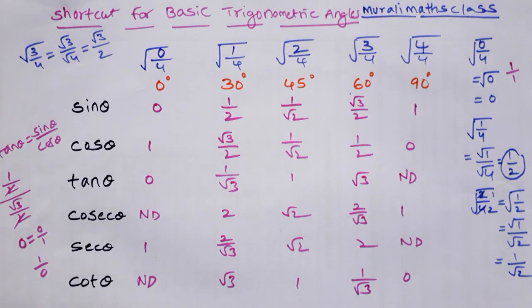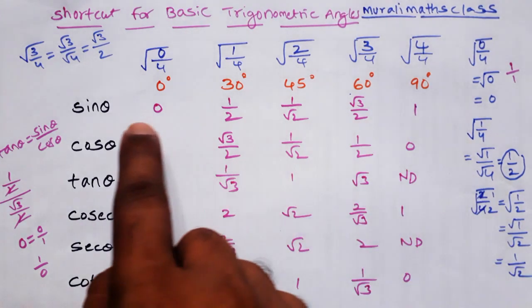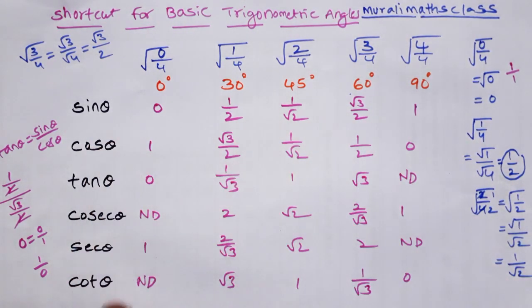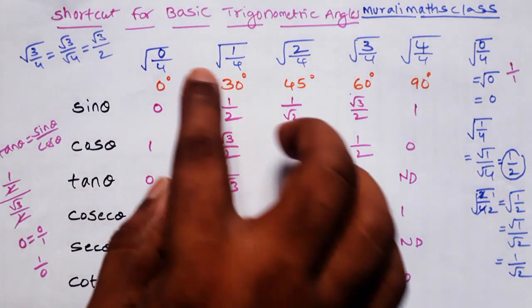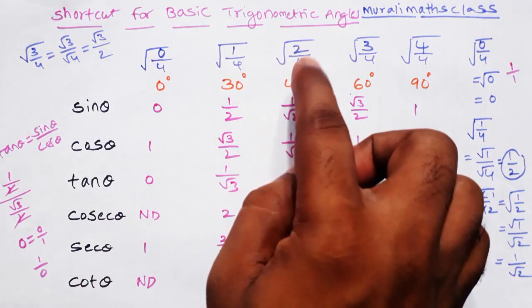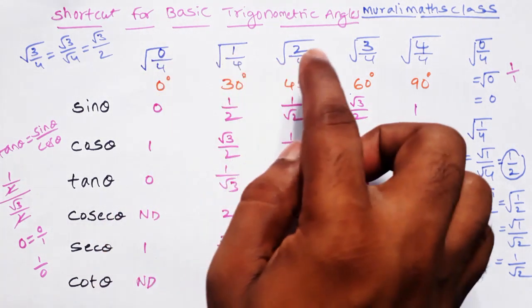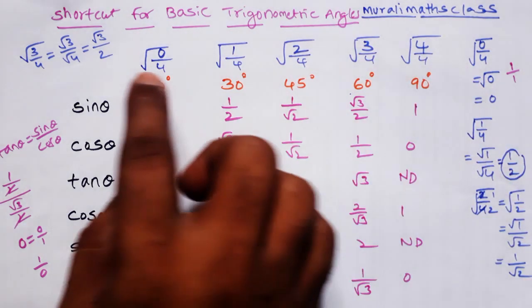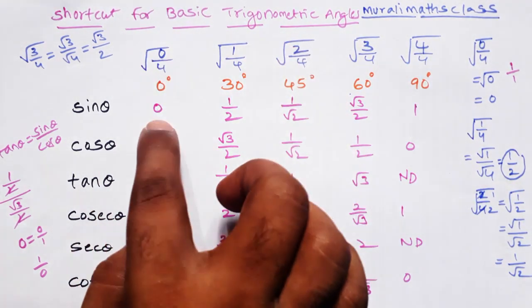So this is a way of writing the trigonometric table very easily if you want to write. What I did: first I completed this. If you complete this, the remaining we can complete as it is. For writing these sine values, here I gave a trick. Write whole numbers 0, 1, 2, 3, 4. Divide all of these by 4: 0 by 4, 1 by 4, 2 by 4, 3 by 4, 4 by 4. Then apply square root. These values we have to write here.